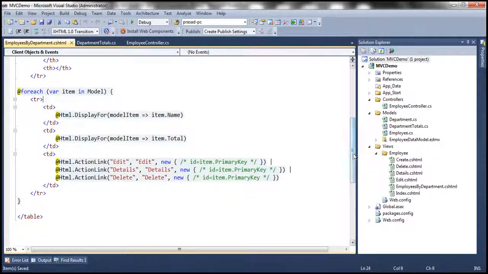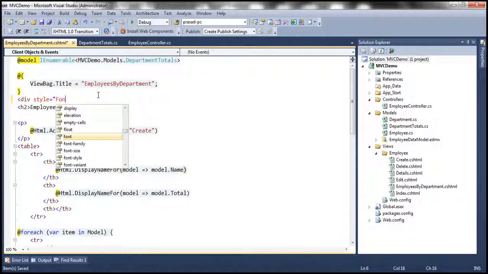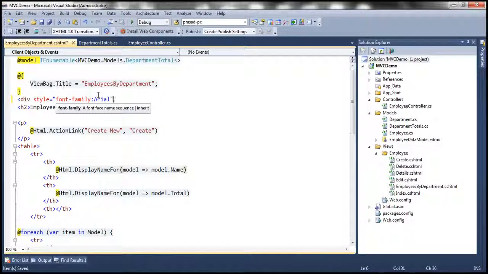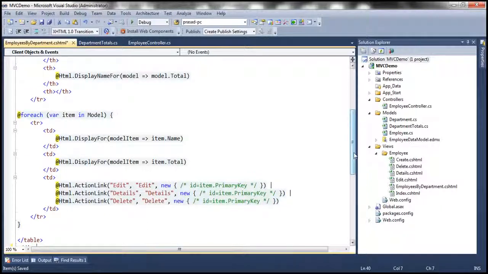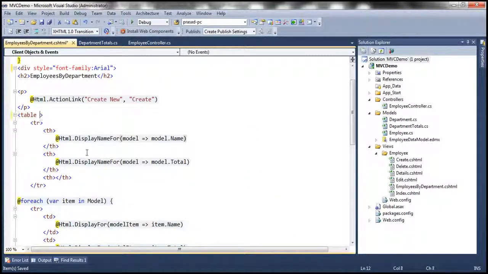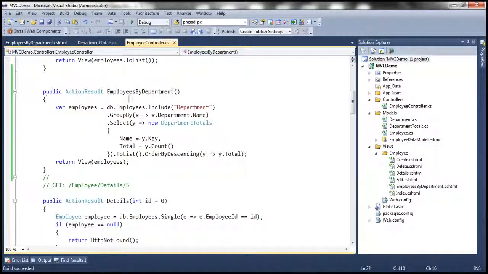Let's actually set the font style to Arial, and let's use a div tag for that. So div style is equal to, okay, so that's the first change. And the second change is actually for this table right here, let's set a border. So border is equal to 1. Okay, so with these changes, let's go ahead and run this, and then actually navigate to employee controller, EmployeesByDepartment. You know, we have that action method within our employee controller, so we're going to navigate to that action